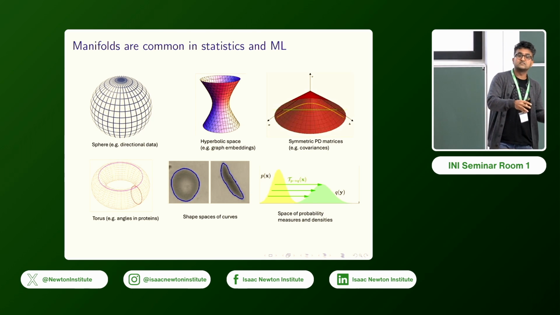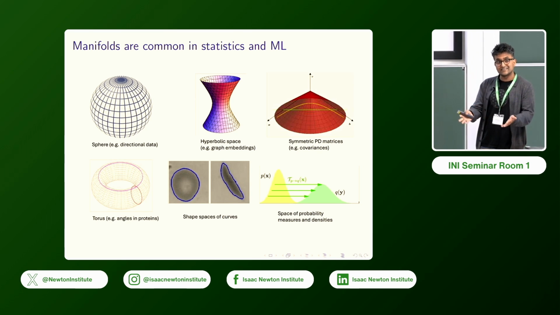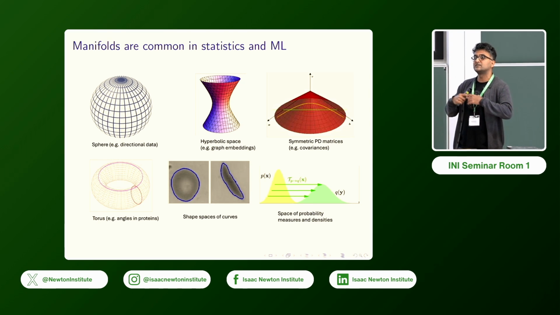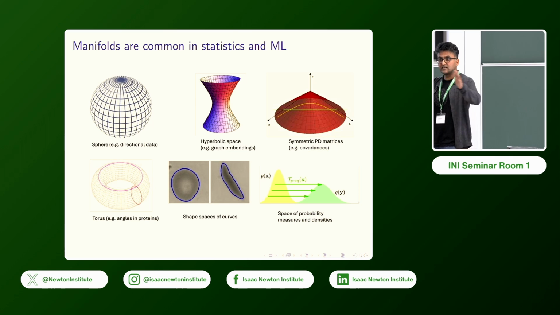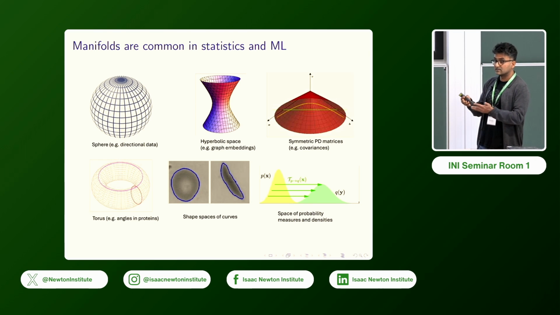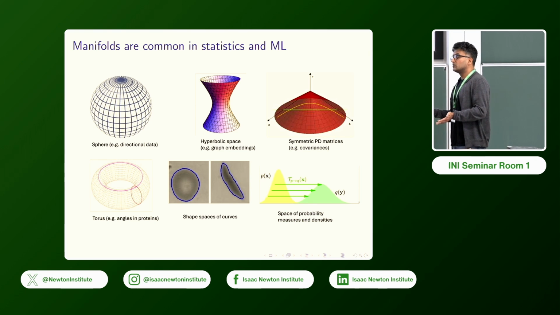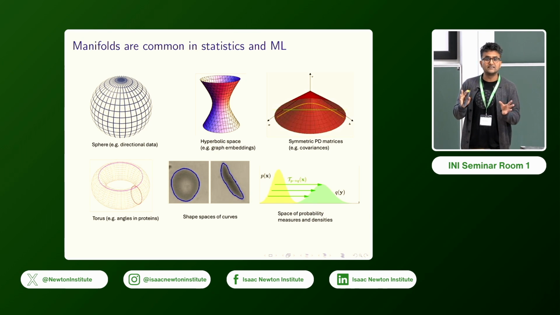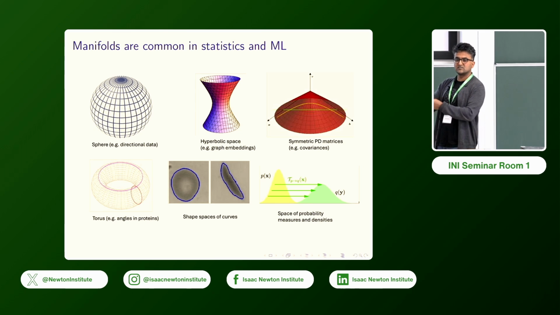We have spherical embeddings as well in the machine learning literature. If you're interested in covariance matrices as parameters or just as data themselves, in diffusion tensors for example, then the space of symmetric positive definite matrices is the natural representation space, a curved manifold. If you're looking at protein data and you have vectors of angles in protein bonds, then it's natural to represent them as points on some torus.